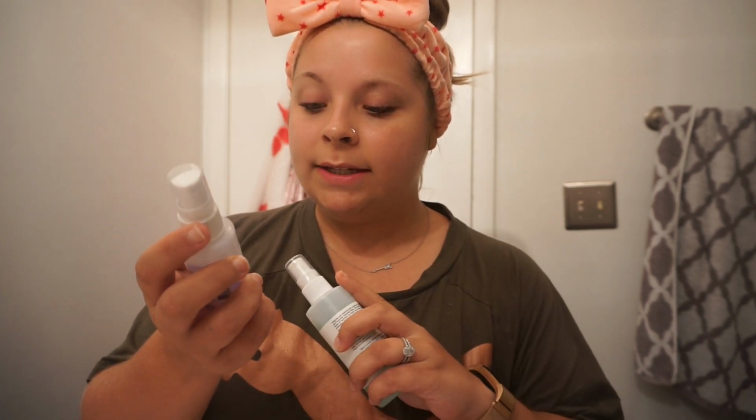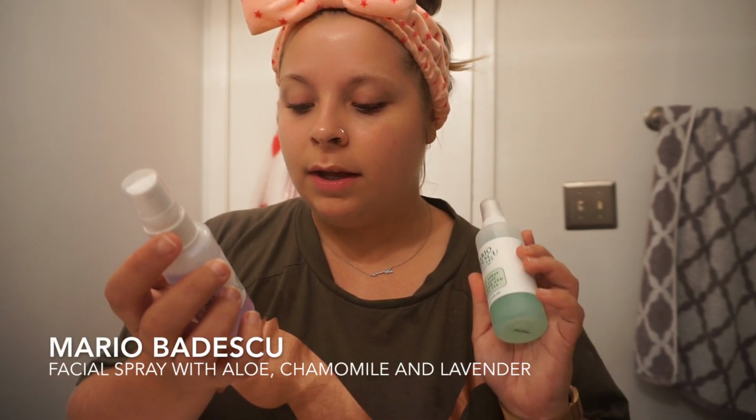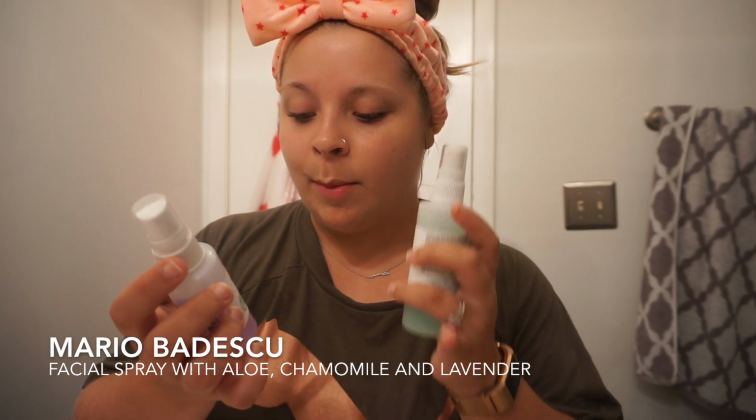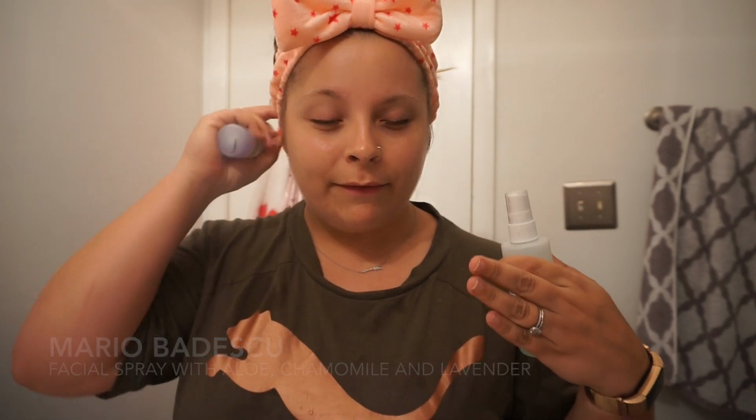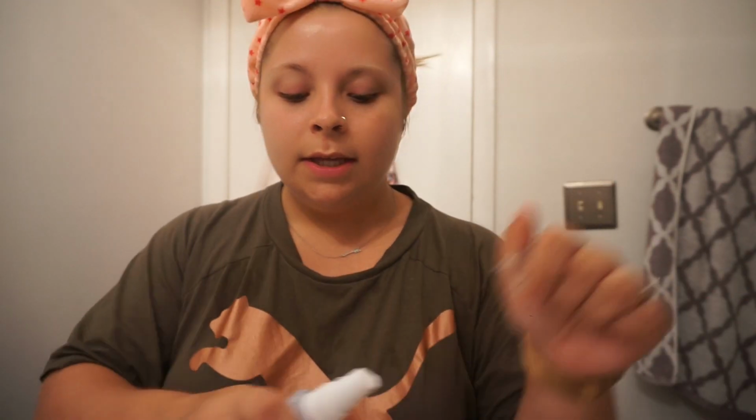Okay, next I use one of these. Usually if it's at night, I use the Mario Badescu facial spray with aloe, chamomile, and lavender. I just feel like it's more calming for the nighttime. And then if I'm washing my face in the morning, I use the aloe, cucumber, and green tea because I feel like it's more of a refresher, like, ooh, good morning, you know? So tonight, since it's nighttime, I'm gonna go in with the